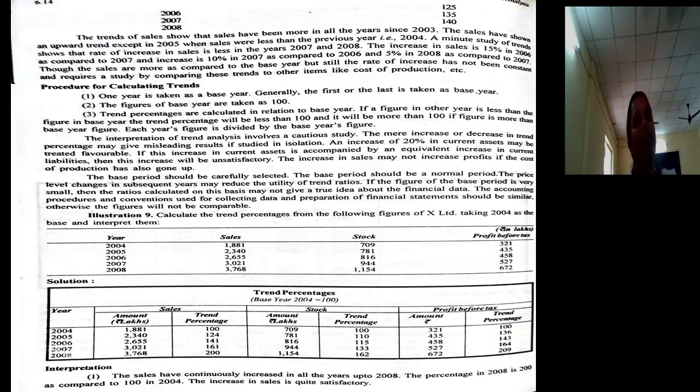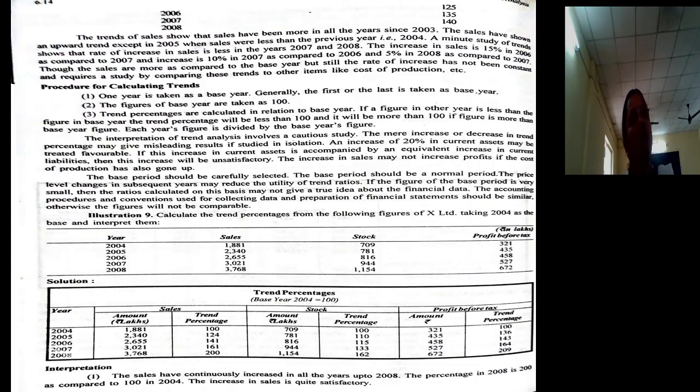And the third important aspect to be taken care of is that over a period of time there should be consistency in the accounting procedures or conventions, or whatever accounting system they follow, particularly in the calculation of depreciation on fixed assets and how they calculate stock, that is, the value of stock. There should be a common procedure for it. If you followed a particular method in 2000 to calculate depreciation and changed it in 2001, then there is no meaning in comparing 2001 depreciation with 2000 depreciation.